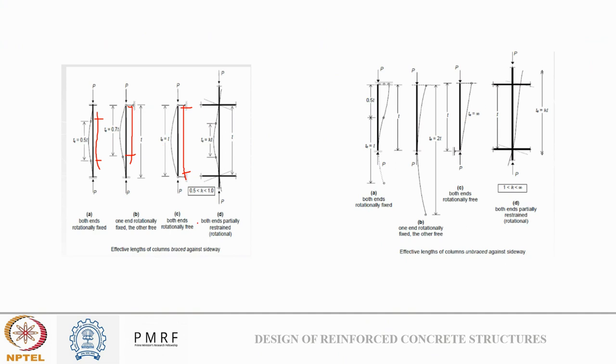And similarly, the fourth case and the fifth case, where both ends are rotationally fixed, like this, one end is rotationally fixed and the other is free, both ends are rotationally free, and both ends are partially restrained. So how do we define the effective length value? Okay,